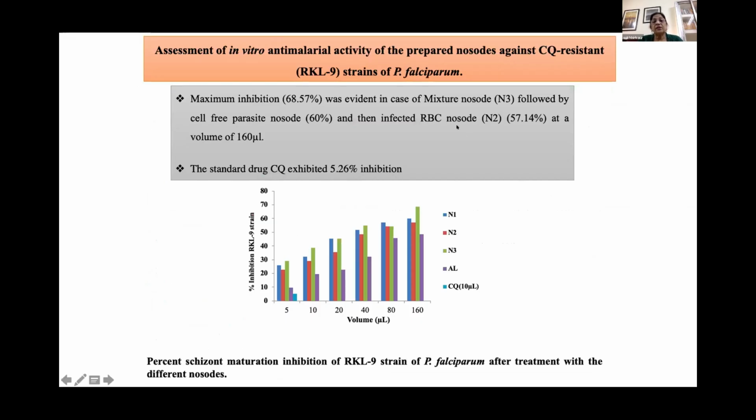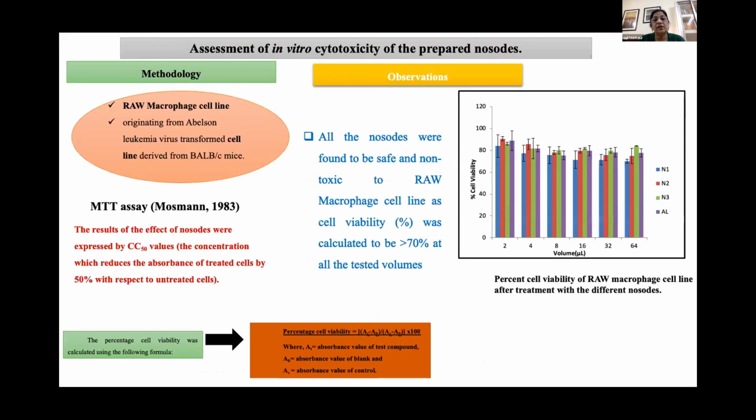Now, these were the results when we used the chloroquine resistant strain of the parasite. If we use the standard drug chloroquine on the resistant strain, the inhibition is only 5.26%. But when we used our mixture nosode, the inhibition was 68.57%. So this is a drug resistant parasite, and our nosode was able to inhibit the growth of the parasite to the tune of 68.57%, followed by 60% with N2 nosode. And so these results were very encouraging, because we found that these nosodes were also efficacious against the drug-resistant strain